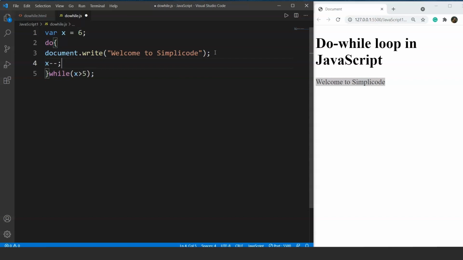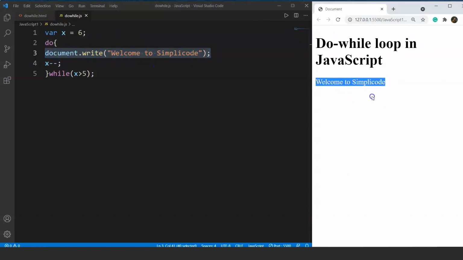Let's check the output now. Save it. Here you can see the output is still welcome to SimpliCode. The execution flow of this program will be like, it will first perform the iteration before checking the condition, and it will print here welcome to SimpliCode for the first time. When the loop will start executing, it will first perform this statement and it will write here welcome to SimpliCode.